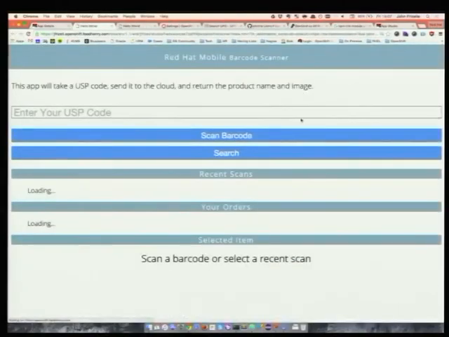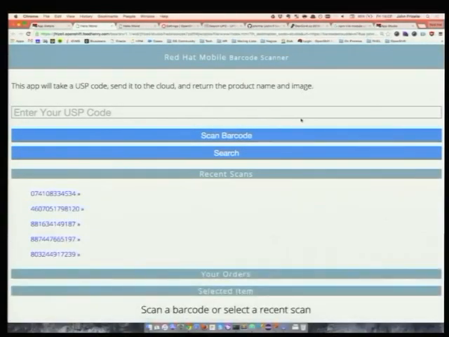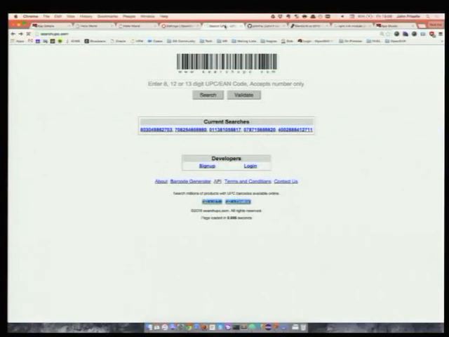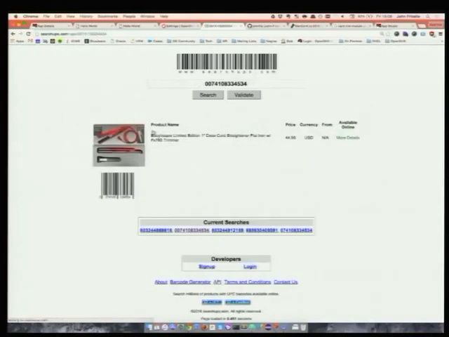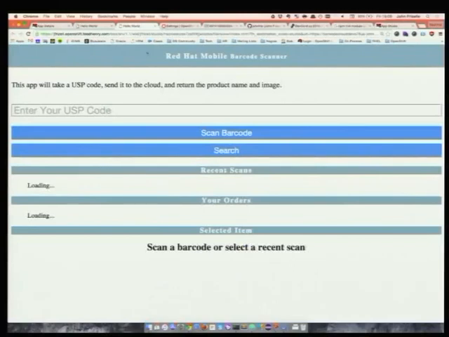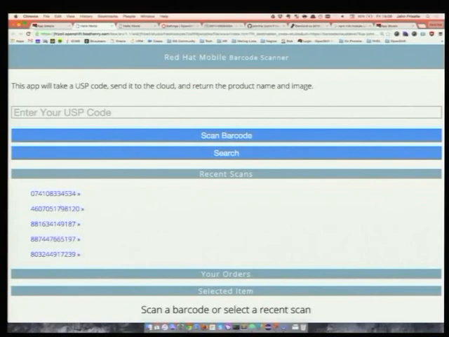Going to just pop this out for a minute. As I said, it's not a particularly pretty app. I keep meaning to go back and do something with it and make it look less ugly, but there you go. So what we're seeing here is the list of 5 recent scans from Search UPC. Over on the Search UPC website, we can see the same list. If you click on one of the scans, it shows you your product details. So within the mobile application, we've implemented the same functionality.